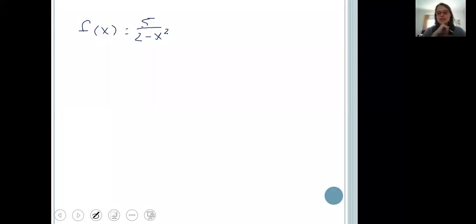What do we have to do to see if it's even? So first, that question, is it even? The answer is we look at f of negative x, and the way we do that is we replace all of our x's with